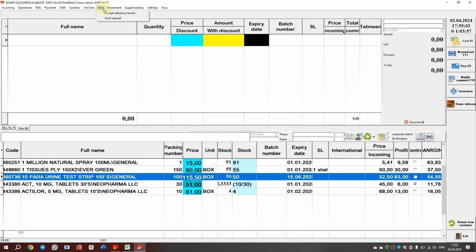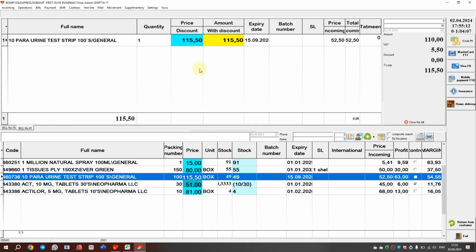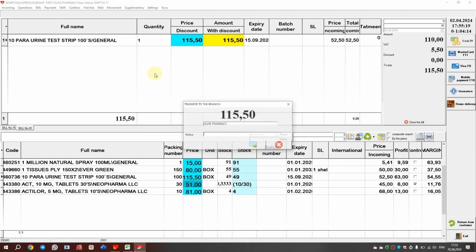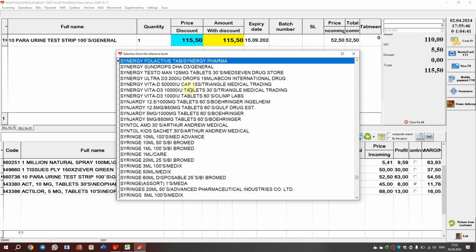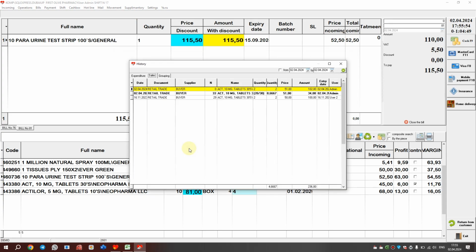9th. In the Movement section, the Transfer to Branch button has been introduced to carry out the process of moving goods to a branch with the ability to send expense documents by email to branches of the pharmacy chain. 10th. The following buttons with additional program functions have been introduced in the Supplementary section. History. When pressing this button, a reference book of medicines opens, and after selecting the desired product, the history of